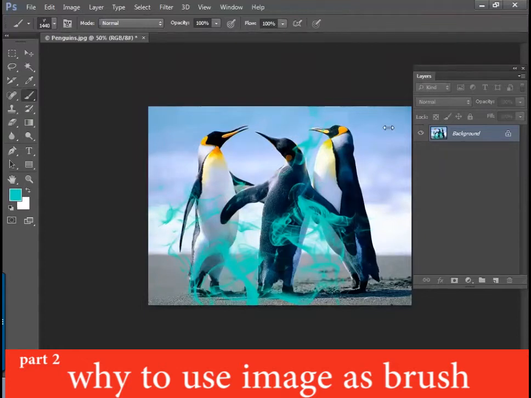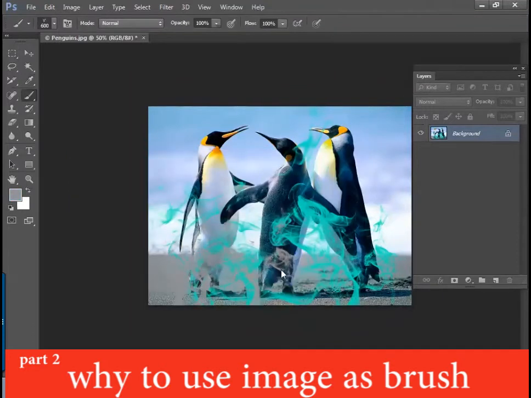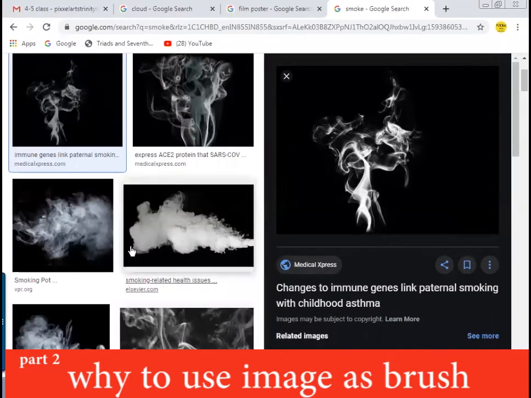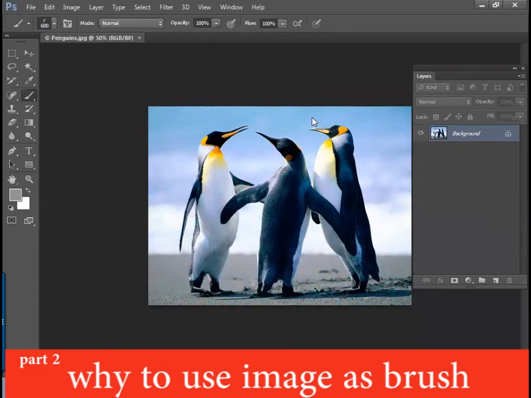Is it clear? Like on your screen, you find 2, 3 smokes and all the things have been done in front of you. So any design could be turned into a brush so that you can place it in any style at any place. Hope you understood the importance of this topic.